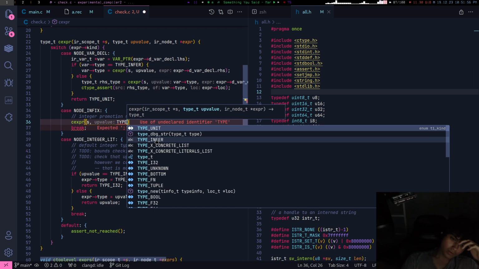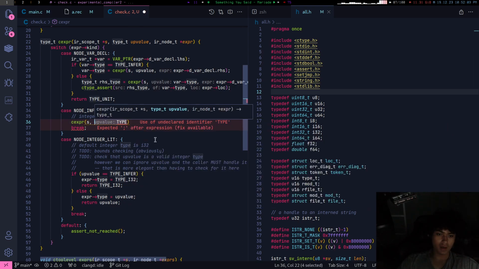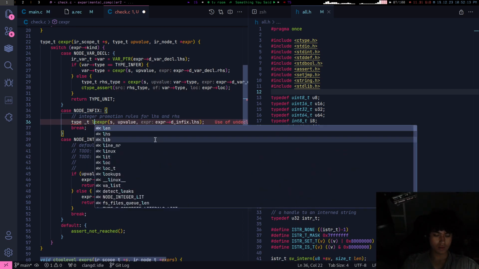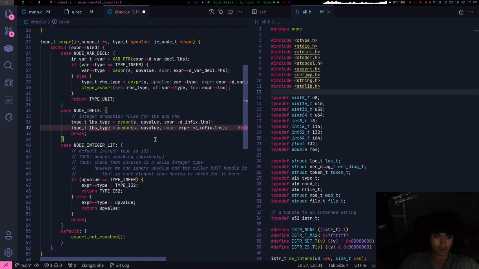Do we infer the... Do we use the upvalue? Yeah, I think so. Yep. Type T. Yeah.